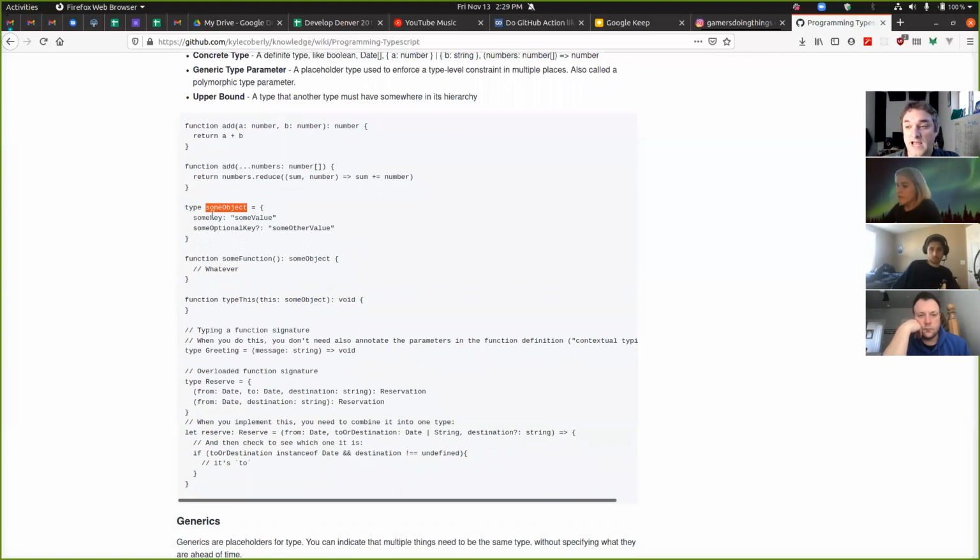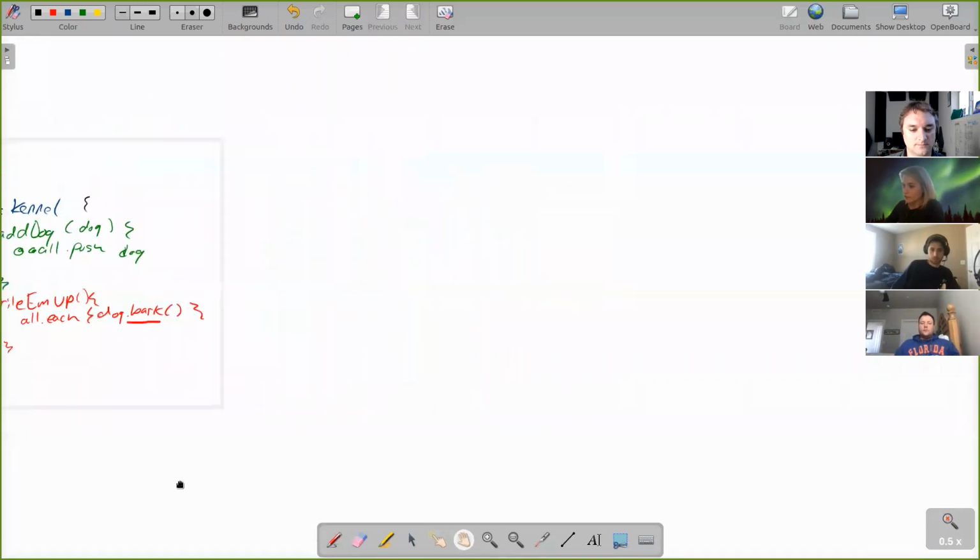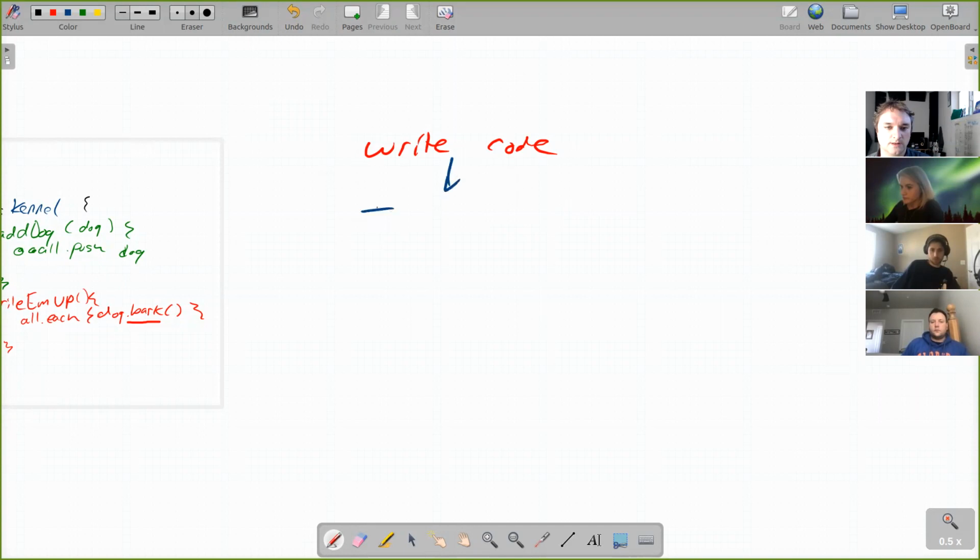So in statically typed languages, you write your code, and before it compiles, it goes through a type checker. A type checker goes through all of the possible paths in your application and looks for illegal things.